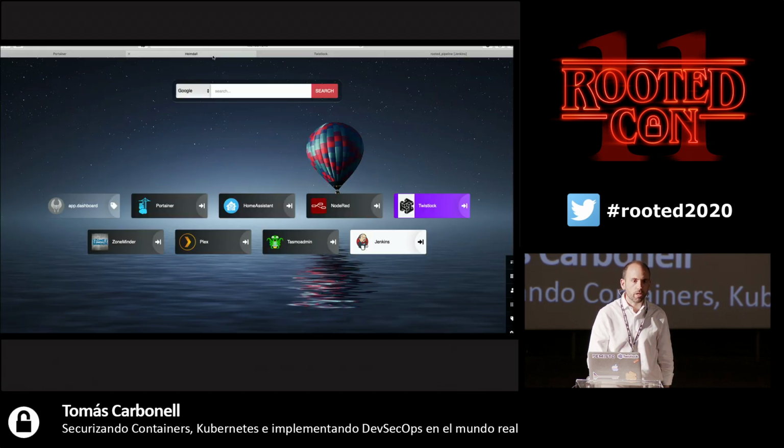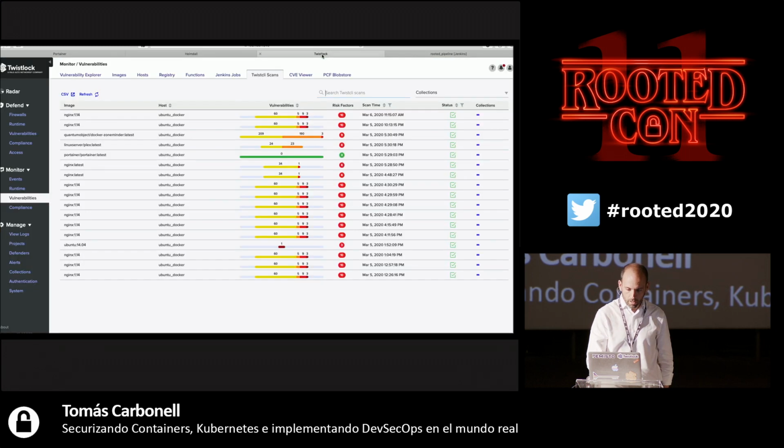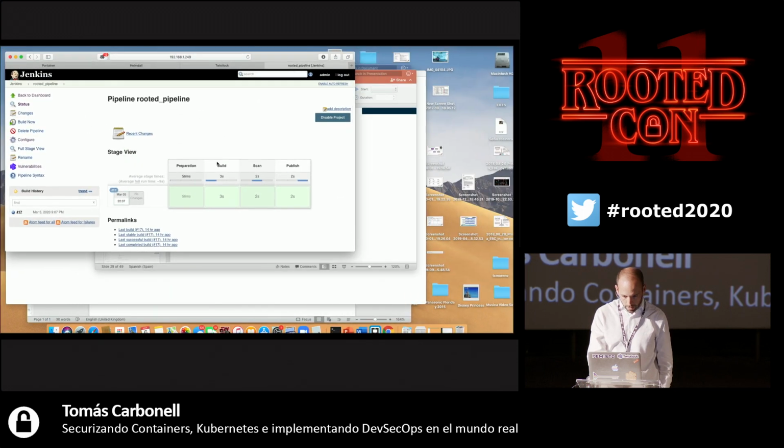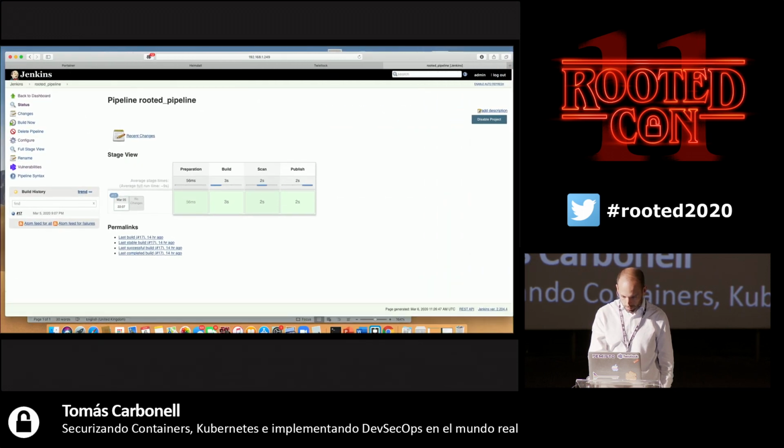I use Heimdall, which is one of the projects prepared by Cloud Netting Foundation. It's very easy to have access to that. I use Trislo, which is a Palo Alto tool, and I'm going to use it for you to see the capabilities I mentioned before, and I'm going to use Jenkins as a pipeline management tool. Also, the terminal is here to execute commands,